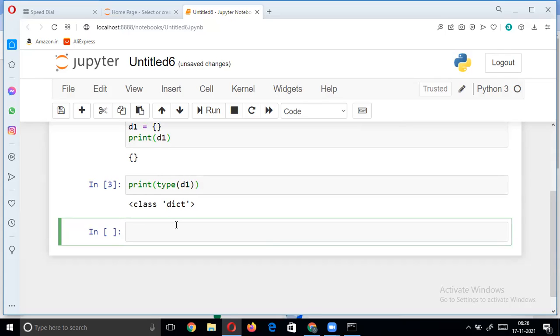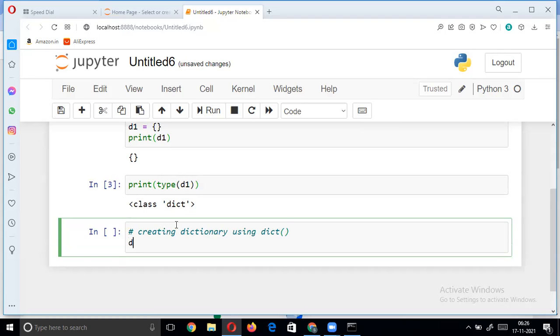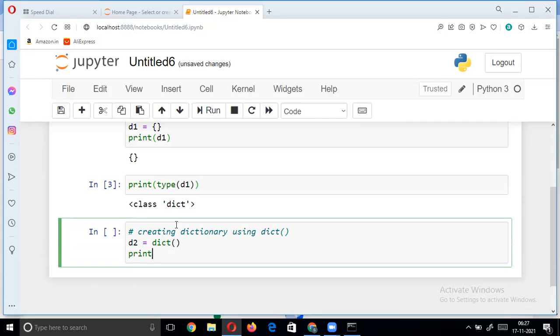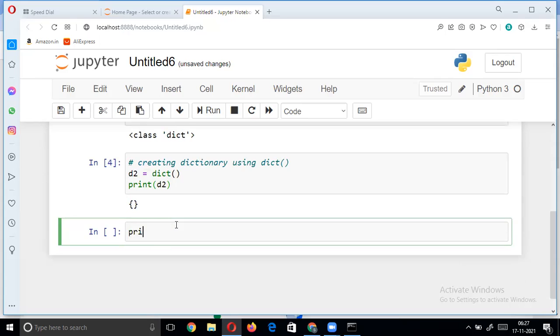One more way of creating a dictionary is using the dict method. If we check the type of D2, it gives dictionary.